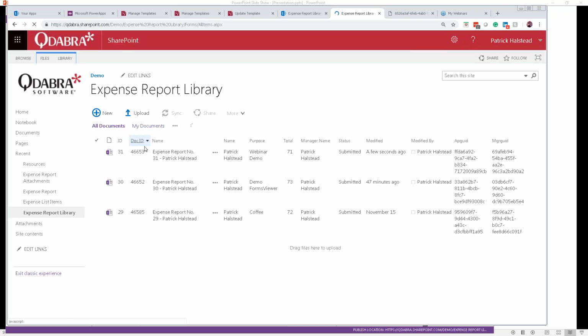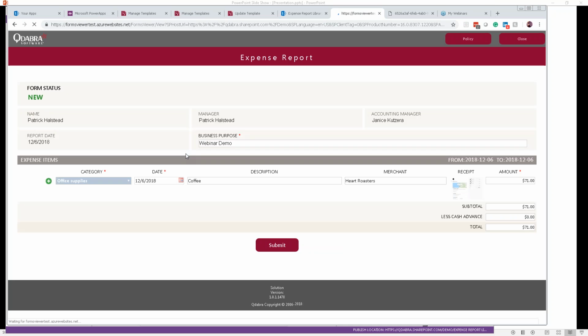Now we've got a Microsoft Flow on this library that's going to send me an email, but there's the form I just submitted a few seconds ago. So I can just open it up from here, and you can see